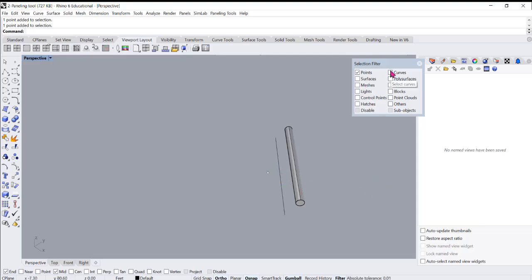Now if I want only points and curves, then I check both. Now I can window around all that, and no matter how hard I try to select the surface, it will not select it because the filter is only for points and curves. And if I just want surfaces, I'm going to say surface, and in case there's a polysurface, it will select that one too. Now I can window around, and it will only select that. So the filter is the one that we're going to use